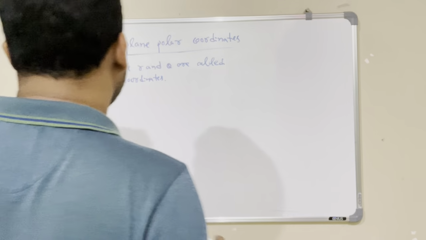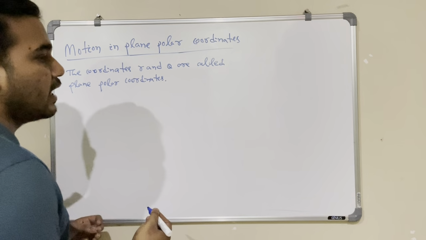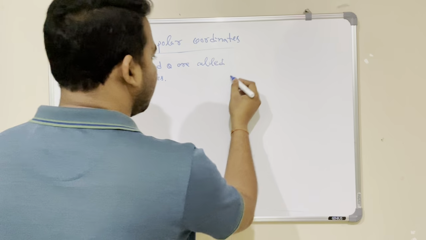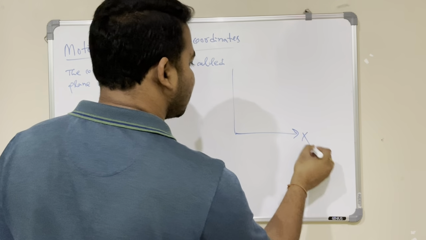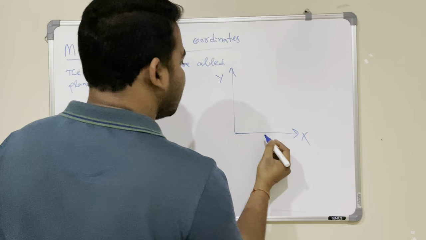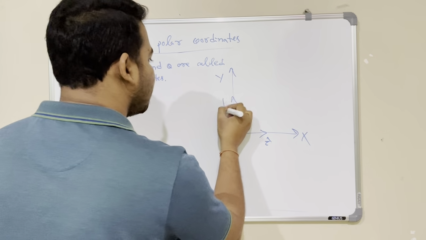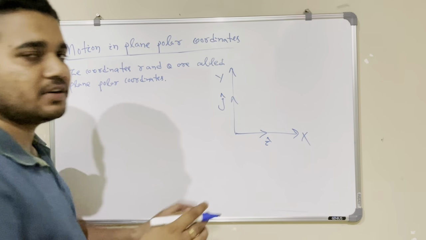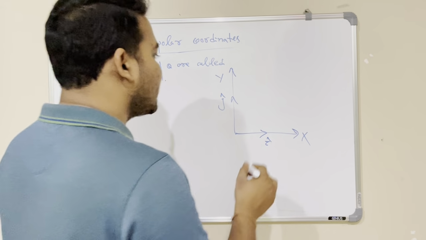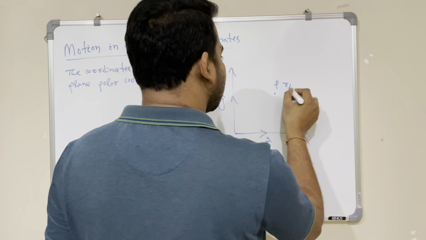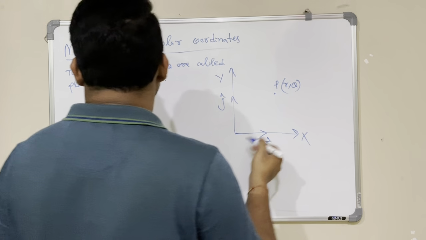i cap points in the direction of increasing x, and j cap points in the direction of increasing y. Let's say this is the x axis and this is the y axis. Here i cap points in the direction of increasing x. Similarly, j cap points in the direction of increasing y. Similarly, let's say here is a point P, its coordinate is r, theta, then we can